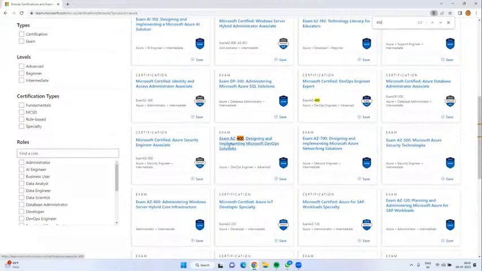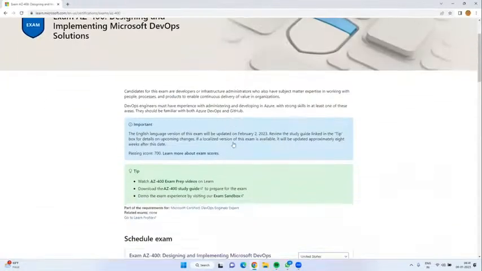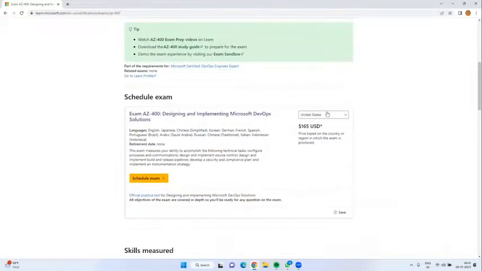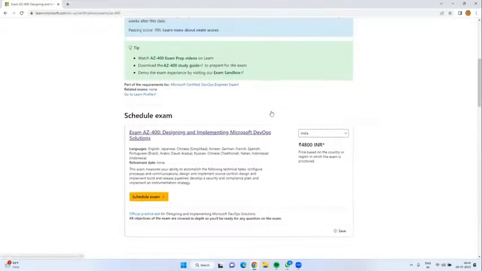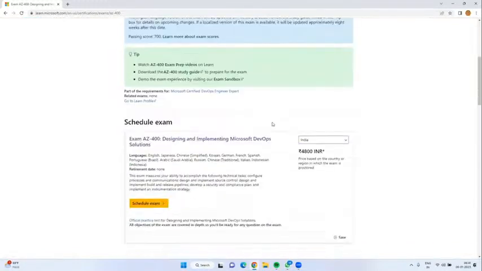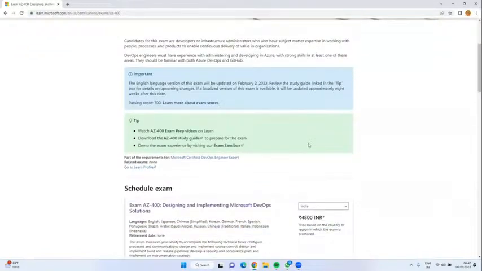This is AZ-400 Design and Implementing Microsoft DevOps Solutions. This also has the same cost, $165. If we convert it into Indian currency, that is 4,800 rupees. Including GST and all, it will go to 6,000.